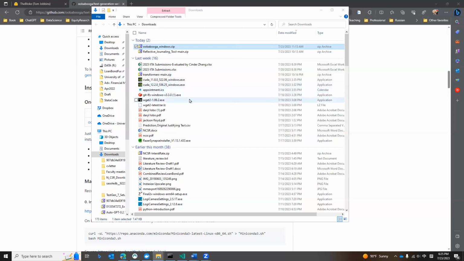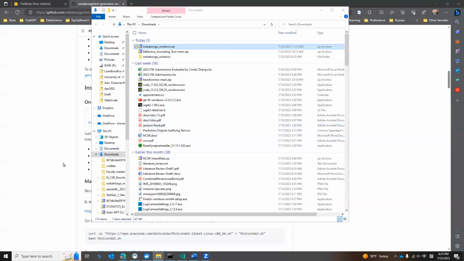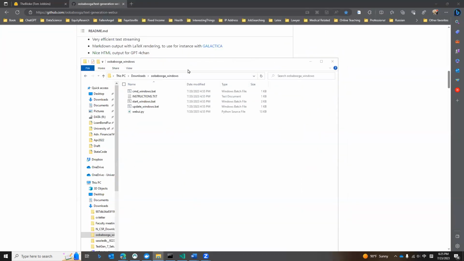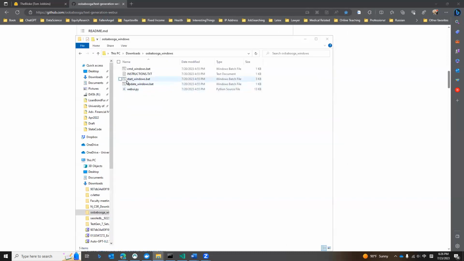And then I go to my folder. I'm going to run start windows BAT, and I run that. It may take about 5 minutes, and you have that downloaded, and you have all the packages you need installed. So by the time that it has installed everything, now we need to go download the